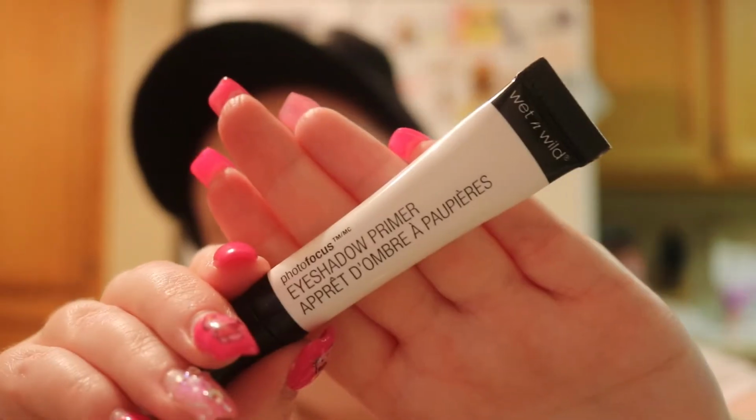Next we have an eyeshadow primer. These are all from the PhotoFocus line that Wet n Wild does, by the way, if I didn't mention that before. This is somewhat pigmented. The other primer wasn't pigmented, it was just white, but this one, hopefully it'll...